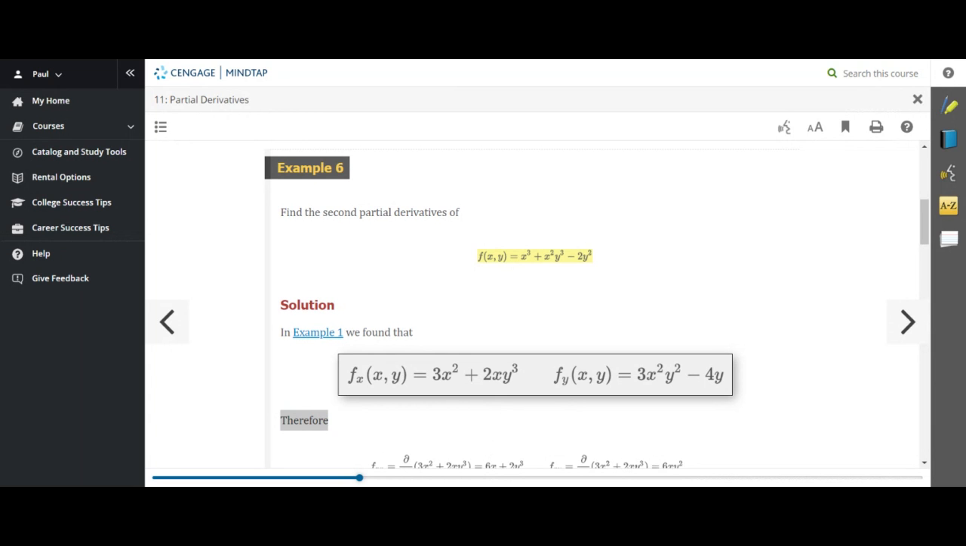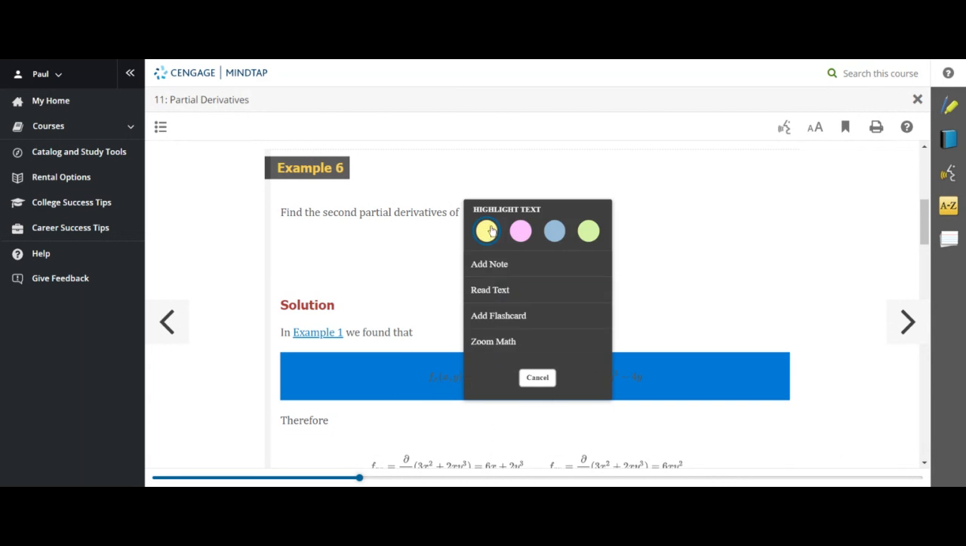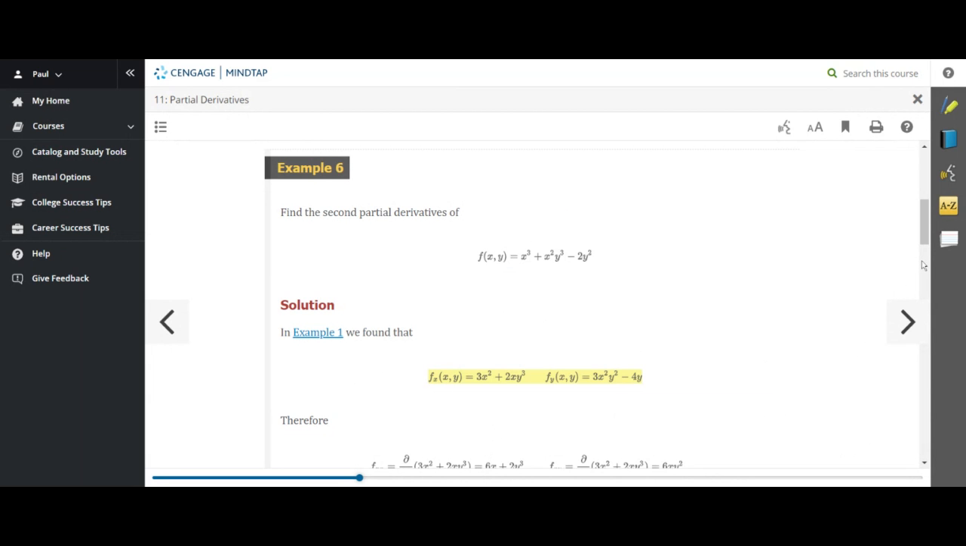Okay, so when they take the partial derivative of f with respect to x, they're holding the y constant. And when they take the partial derivative of f with respect to y, they're holding the x constant. And now, okay, let me just maybe highlight that. Okay, now